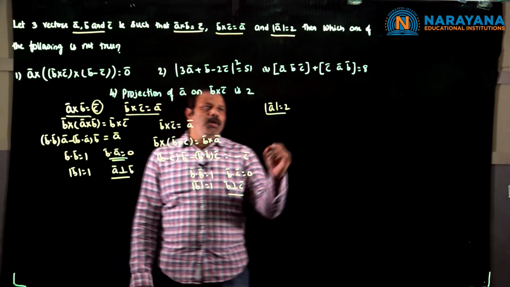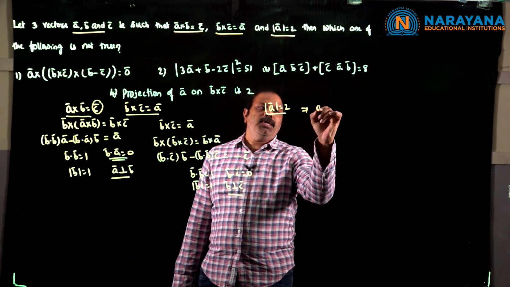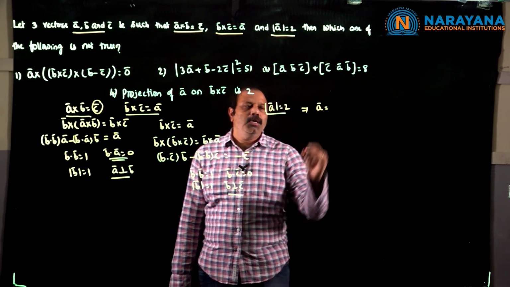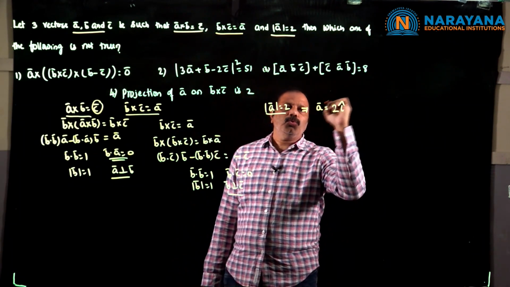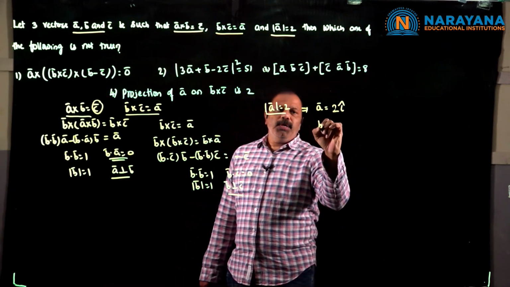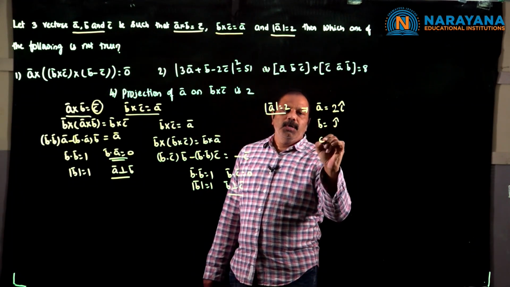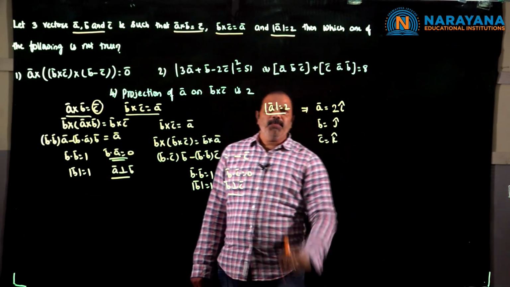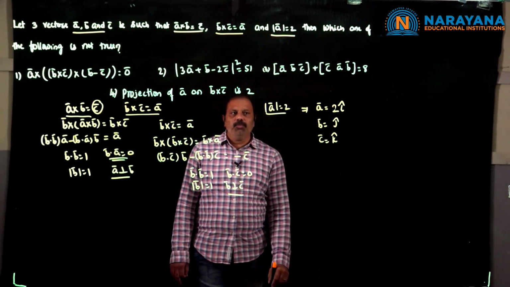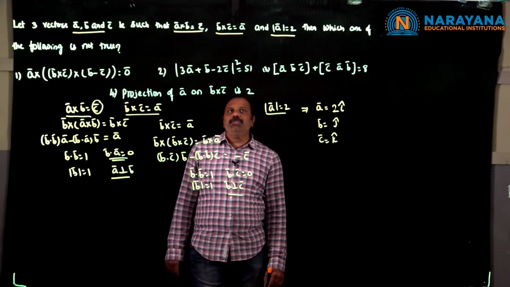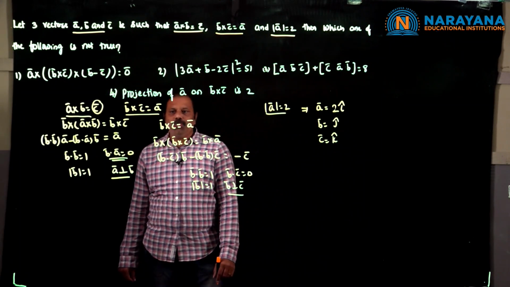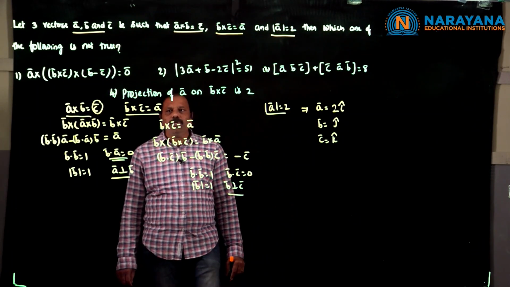So mod a bar is equal to 2. Without loss of generality, you can take a bar equals 2i cap, b bar equals j cap, c bar equals k cap. If you look here, mod a bar is 2, mod b bar is 1, and mod c bar is also going to be...